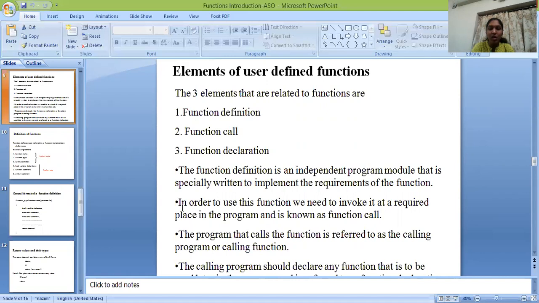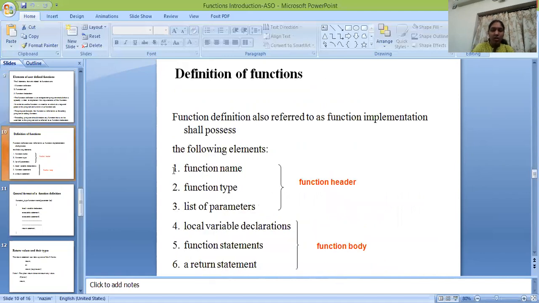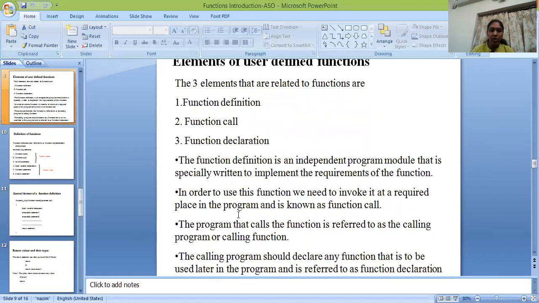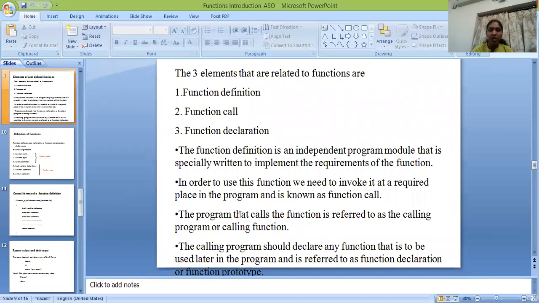The program that calls the function is referred to as the calling program or calling function. The calling program should declare any function that is to be used later in the program, and this is referred to as function declaration or function prototype.